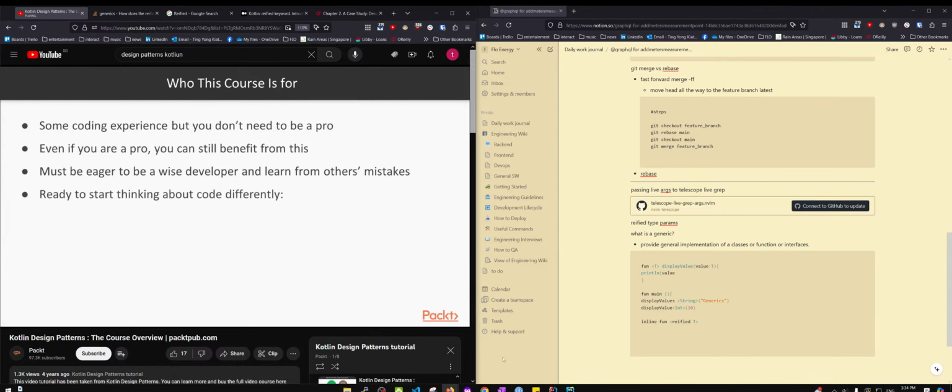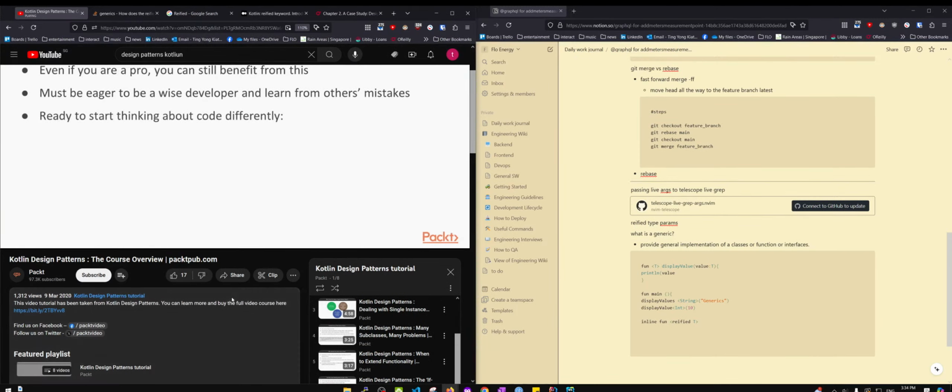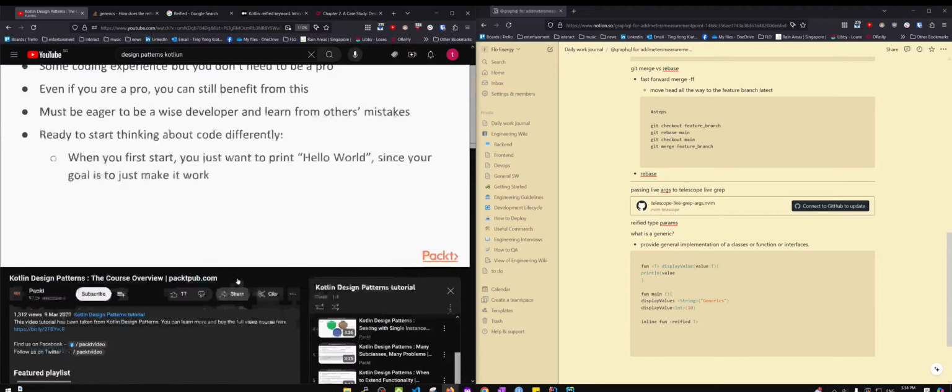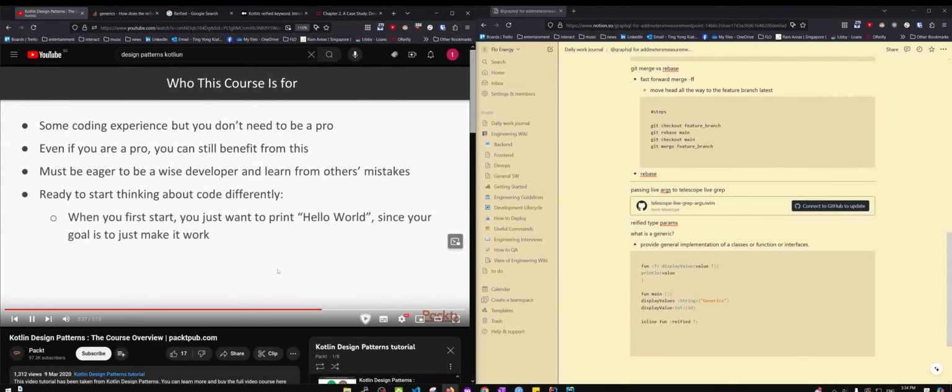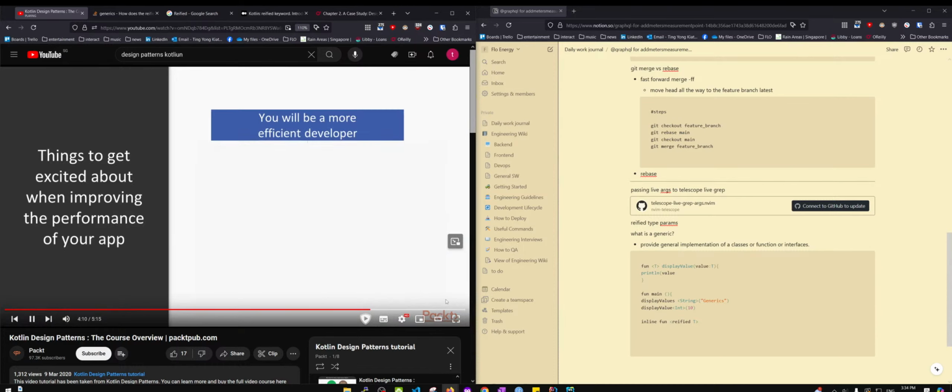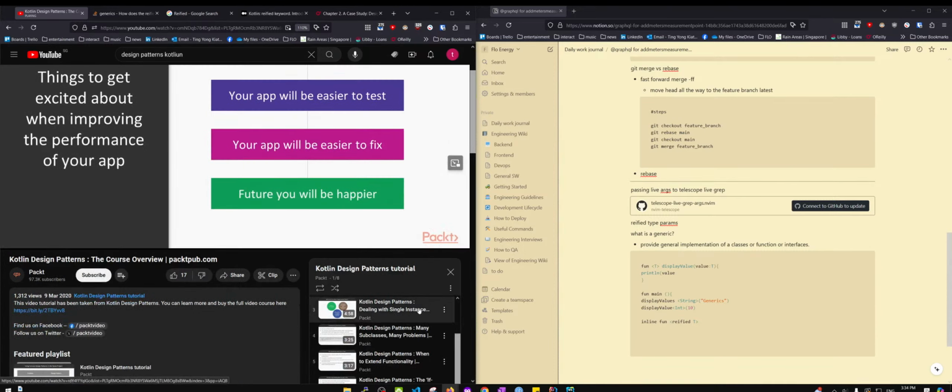You must be ready to start thinking about code in a different way. When you first start, you just want to print "Hello World." Your goal is just to make it work, as they say. And faced with one of these 6 problems that we'll talk about, changing it or adding